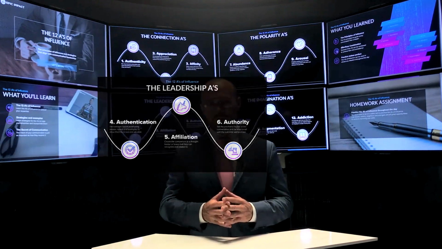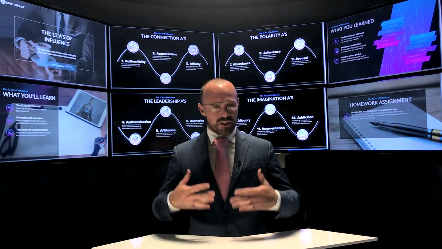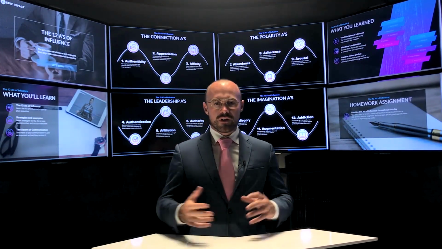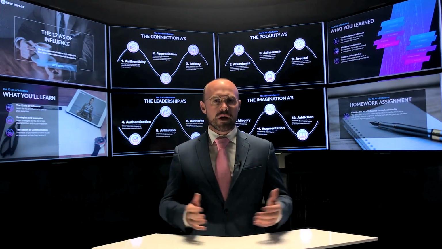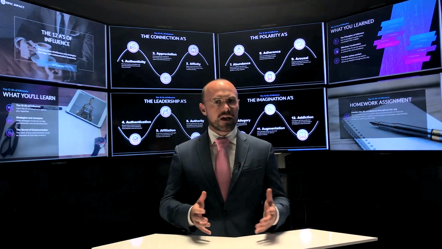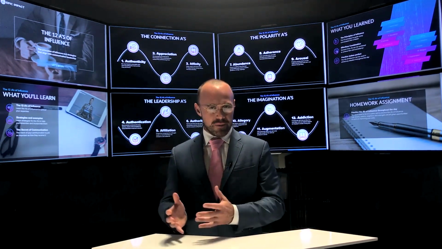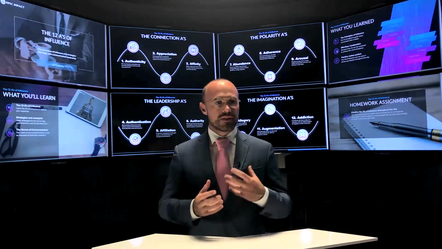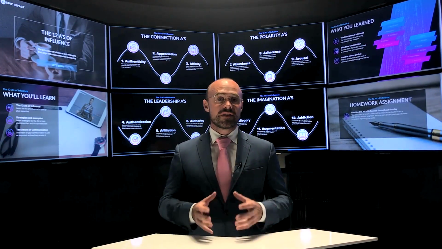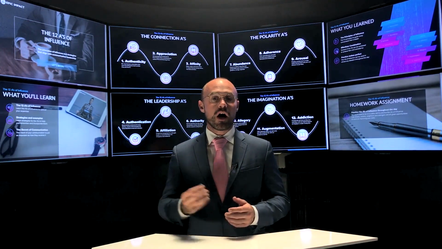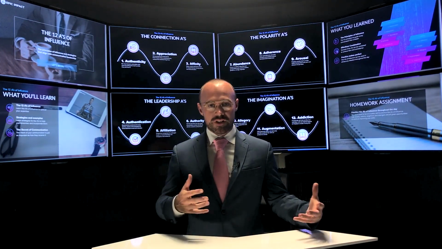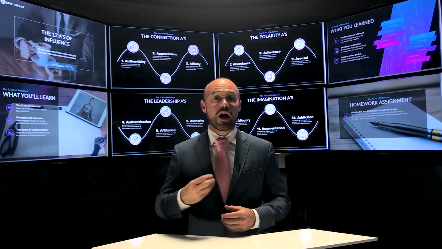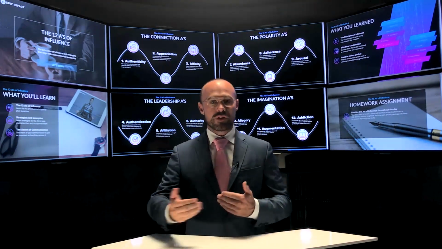The leadership A's are imperative because ultimately we need permission to lead. If we're just going into a conversation assuming that we're going to lead it, yet there's resistance in a prospect, resistance is simply a sign of a lack of willingness for the prospect to be led by us. And when we use the leadership A's powerfully and simply and authentically, this allows them to feel comfortable and confident for us to take the lead on the conversation. They then feel confident in our direction, where we're going, that we're going to help them get to the outcome that we've both agreed on.